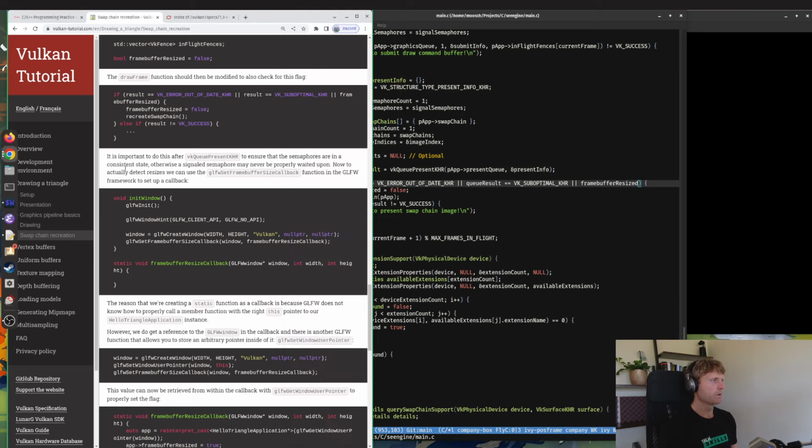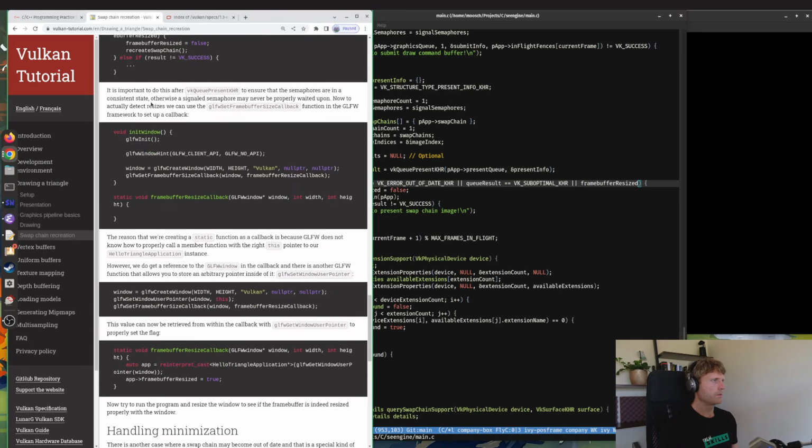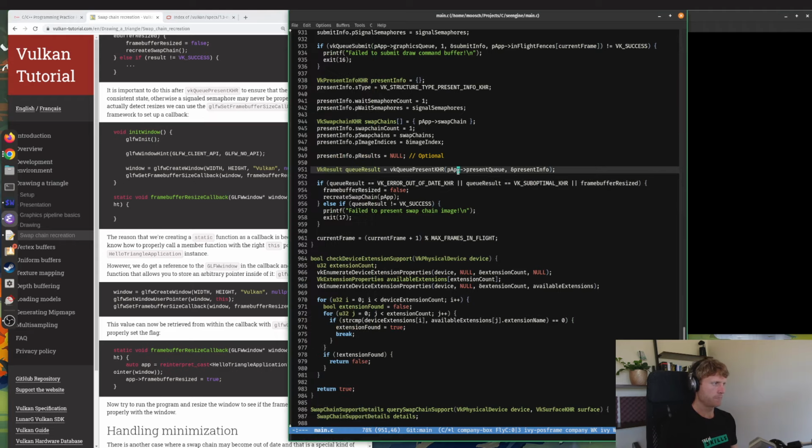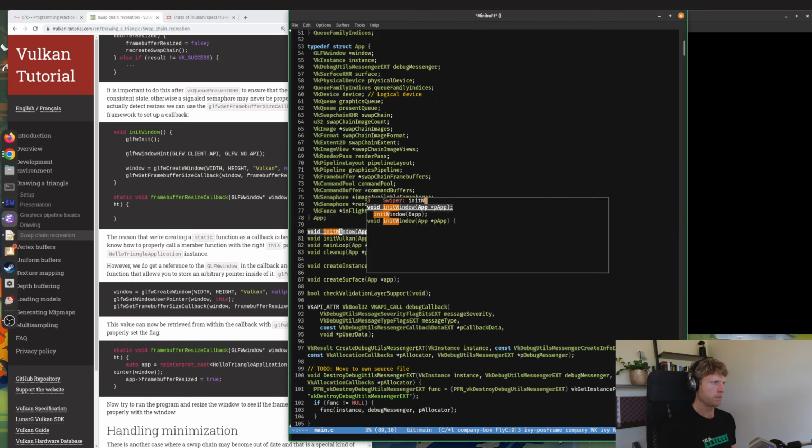All right. Okay, because it's otherwise blah, blah, blah. Now, to actually redo the resize, we can use the GLFW framebuffer resize callback function in the GLFW framework to set up a callback. Okay, init window,